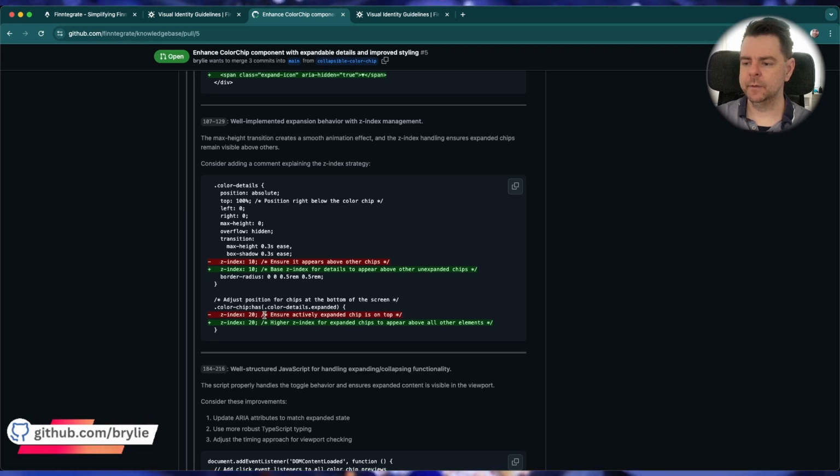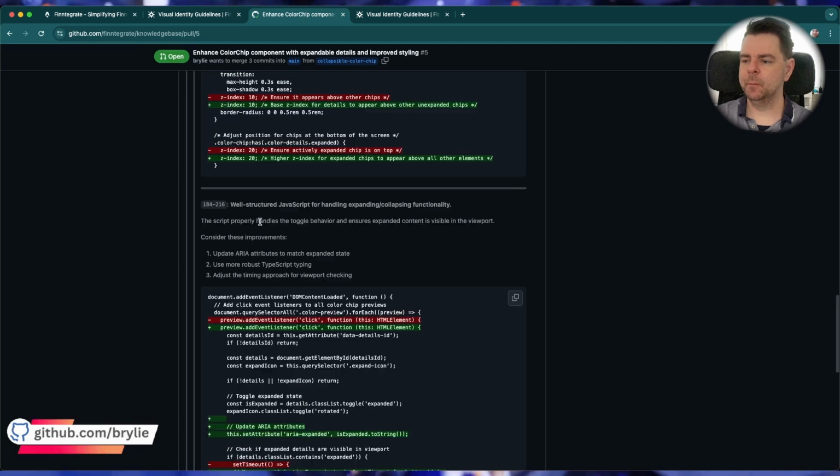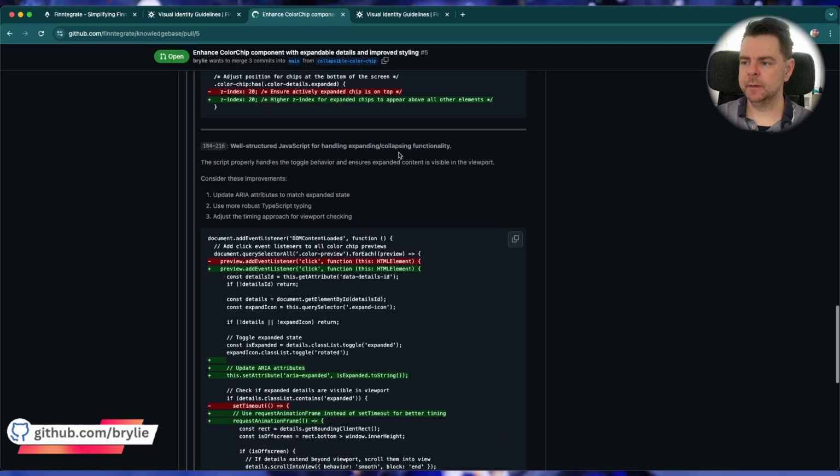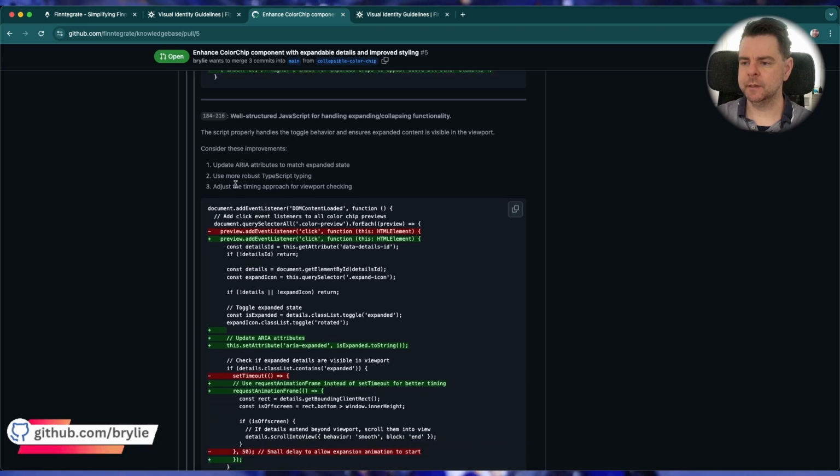I see. Well, it sort of is there. Well-structured JavaScript for handling expanding collapsing functionality. The script properly handles the toggle behavior and ensures expanded content is visible in the viewport. Consider these improvements. Update ARIA attributes to match the expanded state. Use more robust typing. This